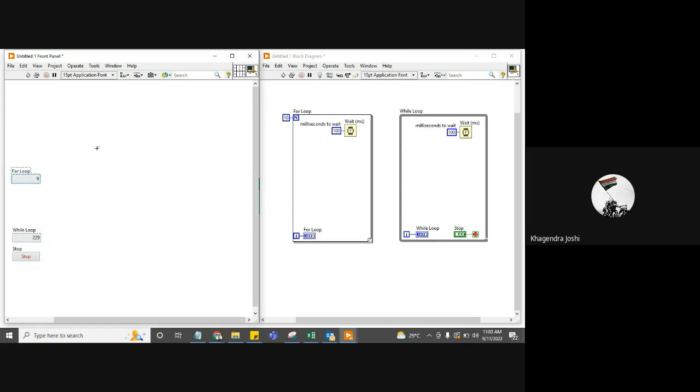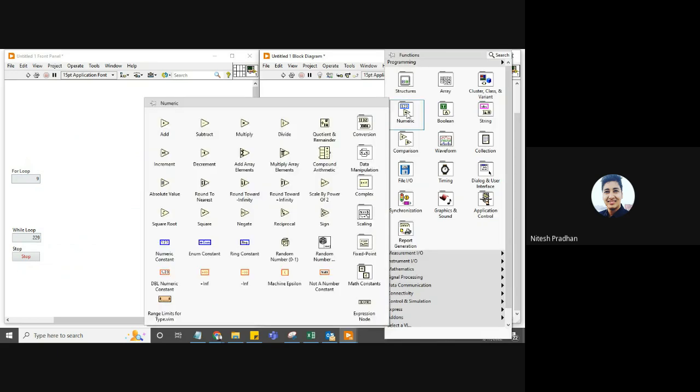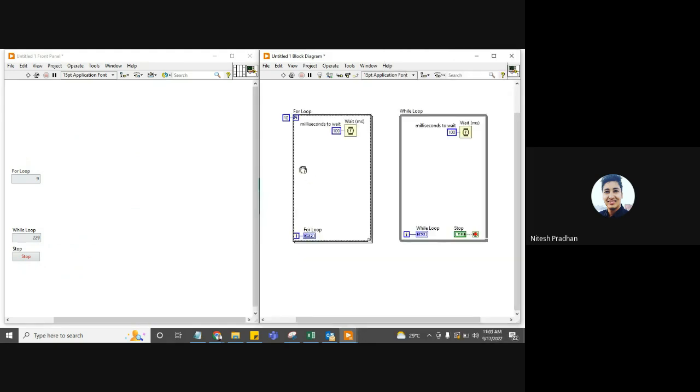So are we going to implement some logical functions in the for loop and while loop? Okay. Now right click on the block diagram, come into the numeric palette and take the random number generator function. Place it inside the while loop, then copy and paste it into the for loop as well. Then